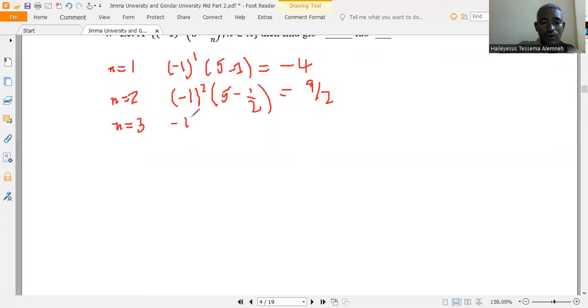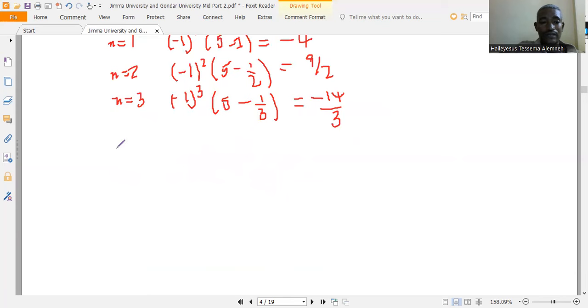minus 1 the power of 3 times 5 minus 1 over 3. Taking 3 as the common denominator, 15 minus 1 is 14, and minus 1 to the power of 3 is negative, so it is negative 14 over 3. When n is equal to 4,